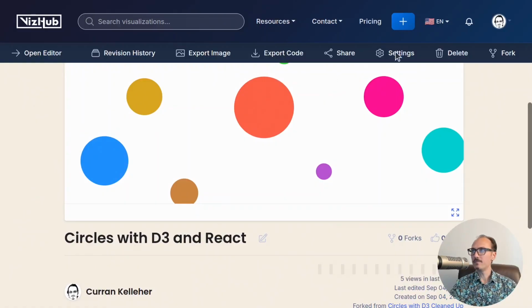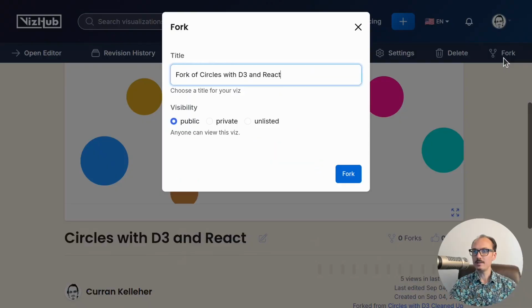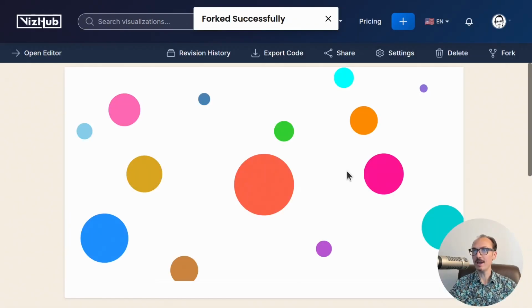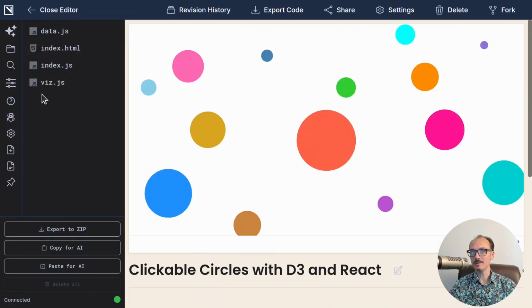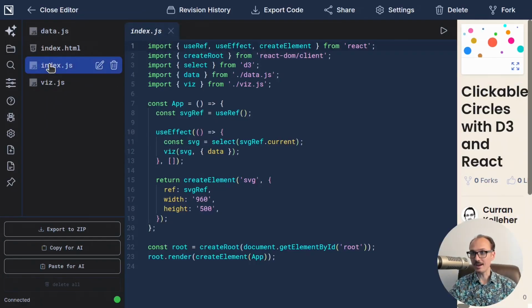I'll start by forking this circles with D3 in React example, and I'll call it clickable circles with D3 in React. The approach that I would like to take for this is to use React for the state management. And here's our app, and it's all in this index.js. So as a first step,